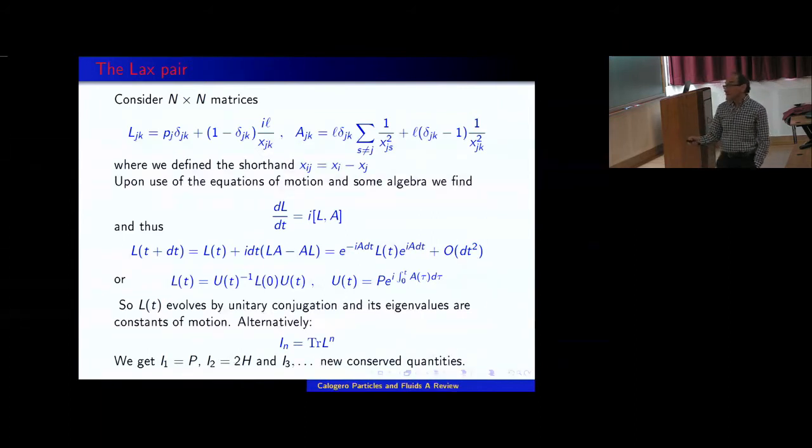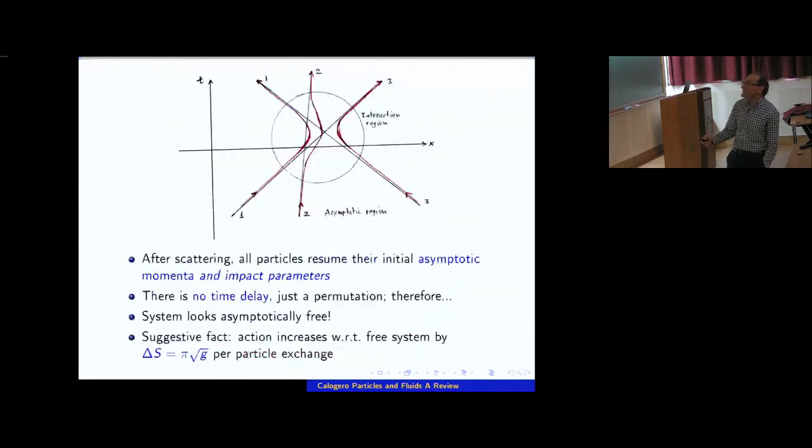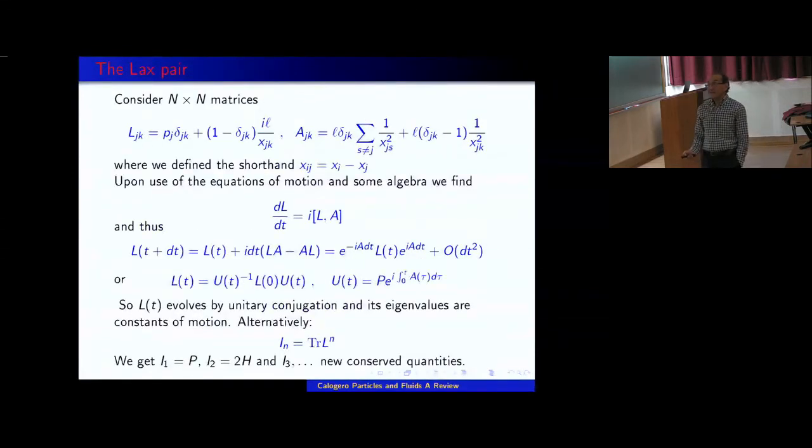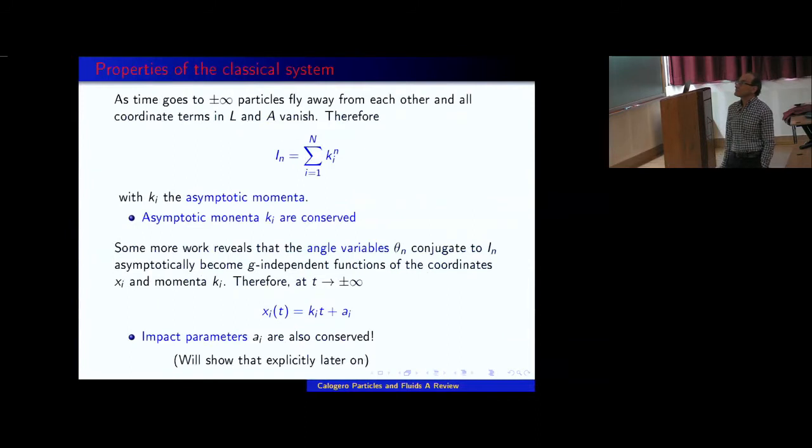And this would be like a gauge transformation. This tells us that the eigenvalues of this matrix remain constant in time because a unitary transformation does not change the eigenvalues. So either the eigenvalues, or better yet, all the traces of all the powers of that matrix will be constants of the motion. And these are our integrals. The fact that they are also in involution requires a little bit more work, but it can also be shown.